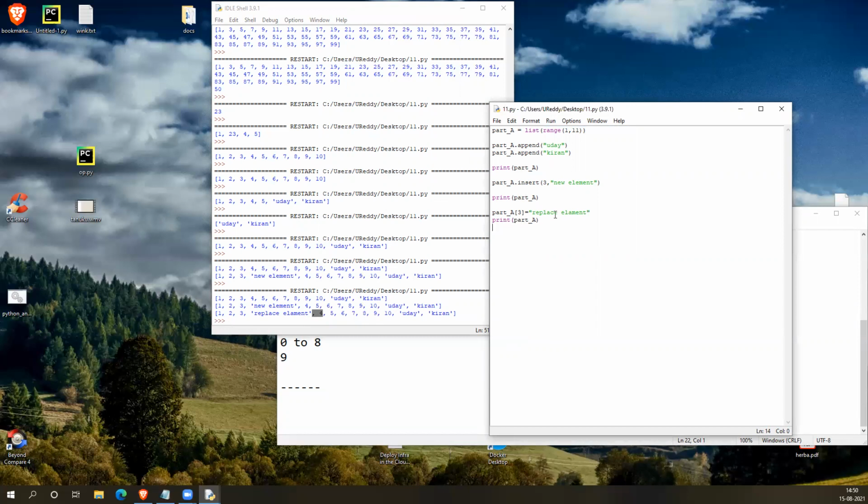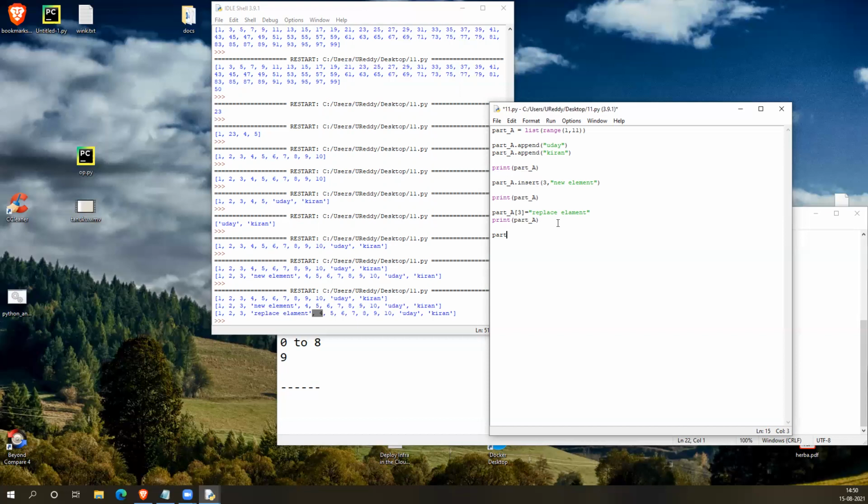So if you want to access individual elements, you directly access them with the index, right? Now let's say you want to remove an element from the list. There is a function called pop. That is a method inside the list object.